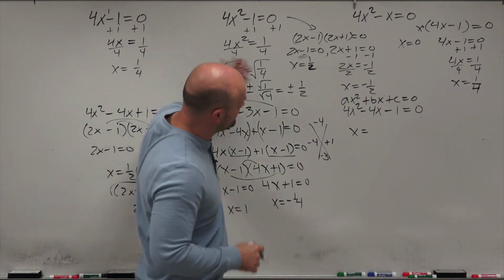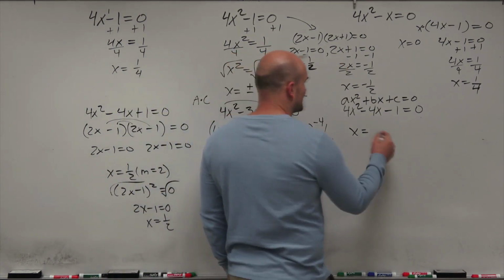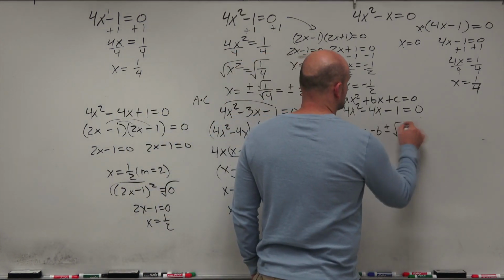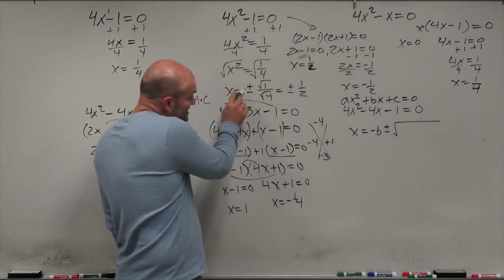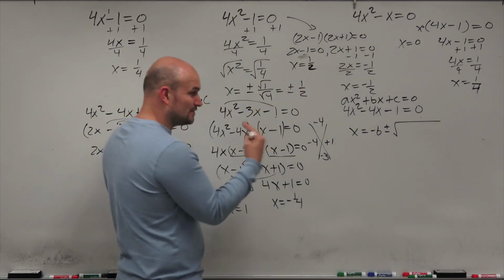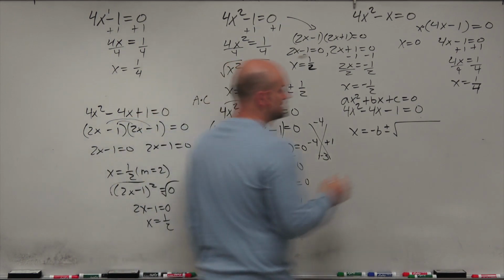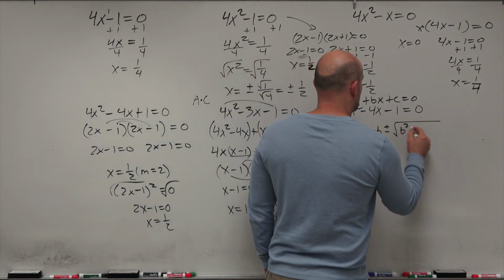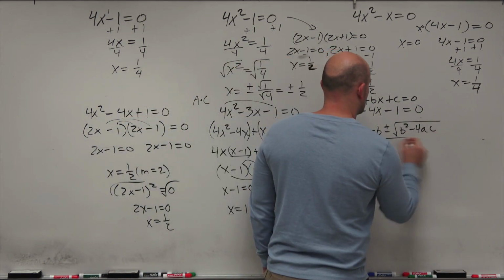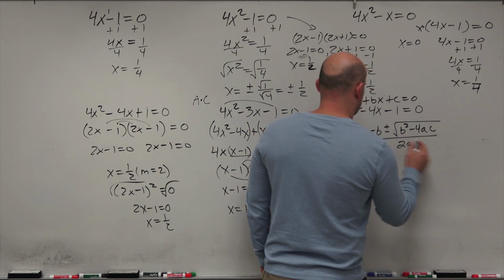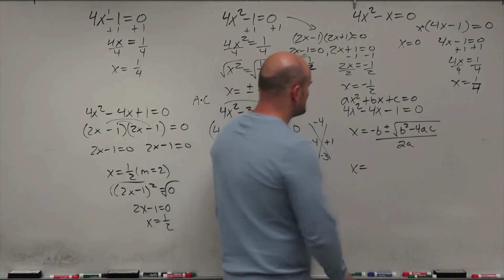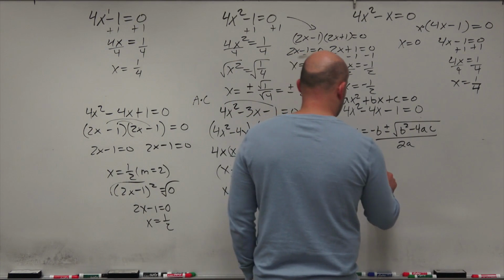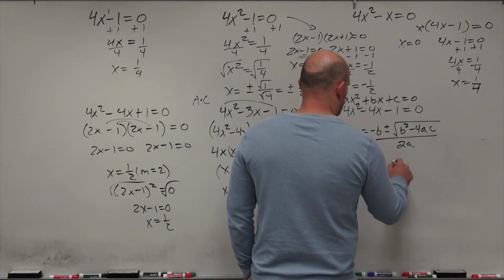Doesn't matter if they're going to be real, irrational, or complex. So opposite of b, plus or minus. Remember that plus or minus, that's the reason why, right? Because we know we're looking for two solutions, so we have to have that plus or minus. So this is going to be b squared minus 4 times a times c, all over 2 times a. So x equals opposite of b, so that's going to be a positive 4, plus or minus